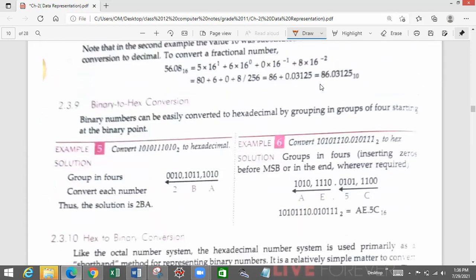Now, if you want to convert binary to hexadecimal, we can either do it from binary to decimal and then decimal to hexadecimal. This is one method, or we can use the shortcut method like we did in octal. But here the grouping will be of 4 bits. Why 4 bits? Because the largest hexadecimal digit is 15 and it can be represented using 4 bits. So we can divide the number into 4 bits and write the equivalent digits, and then we can directly convert hexadecimal to binary or vice versa.